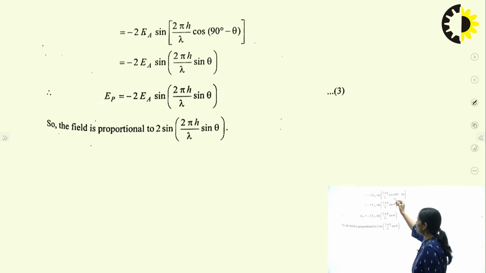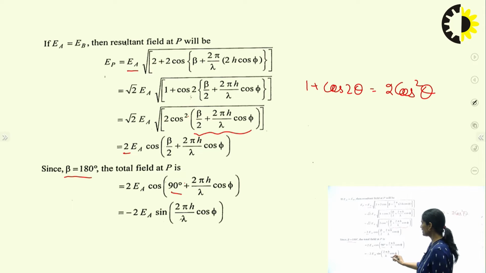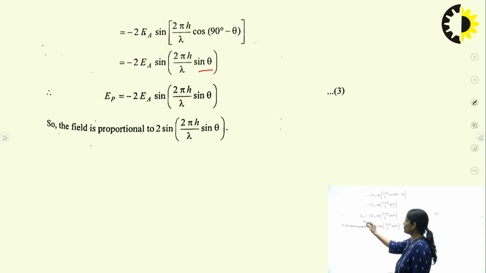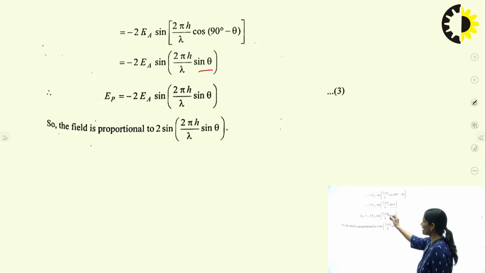Now you can solve it. You are getting here cos phi. So cos phi is equal to what? Cos (90 degrees minus theta), and cos (90 degrees minus theta) is equal to sin theta, right? So finally your equation is EP is equal to minus 2 EA sin (2 pi h upon lambda